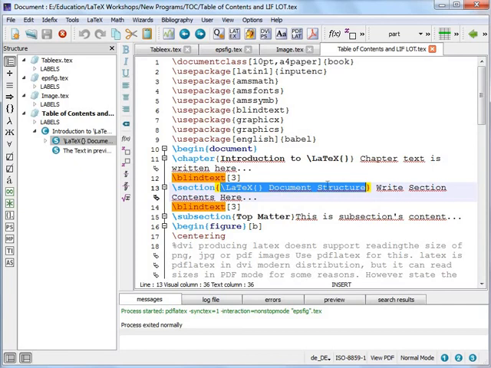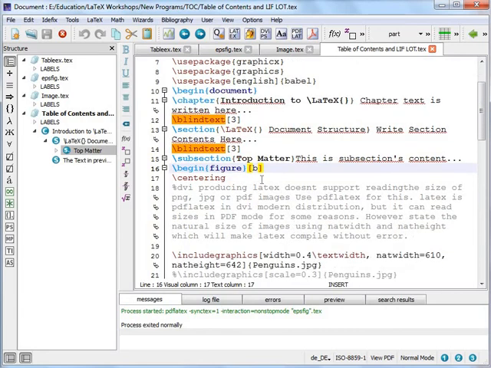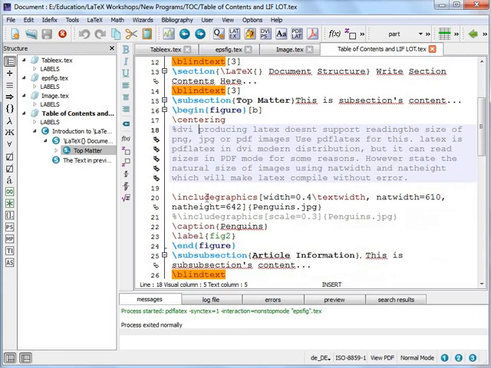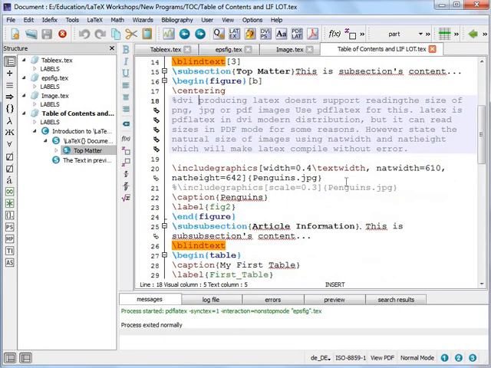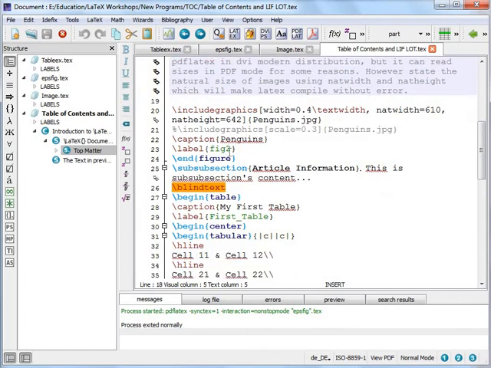This will also be mentioned in the table of contents, right? Section name. Then write the section contents over here, and randomly I have created again 3 paragraphs of text over here. Then subsection, so this will be 1.1.1, with the title and whatever the content. Then begin figure, and the figure will be placed at the bottom of the page, then it should be centering, and I have added the image over here, the penguins image, right, in the figure environment.